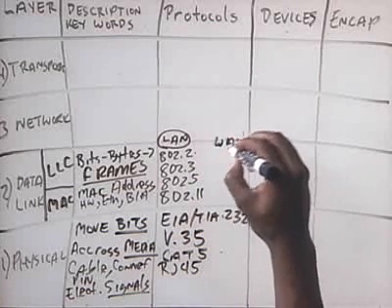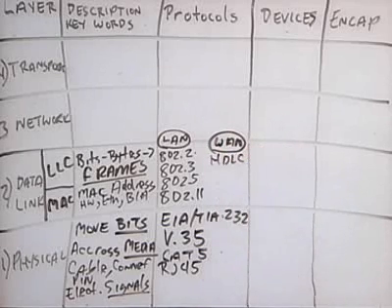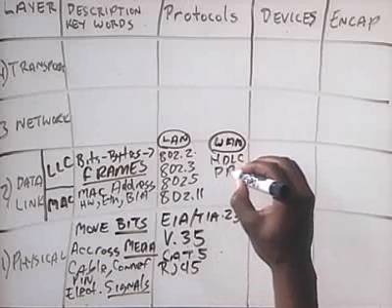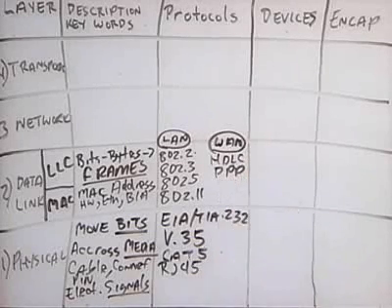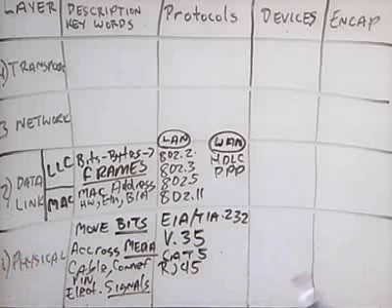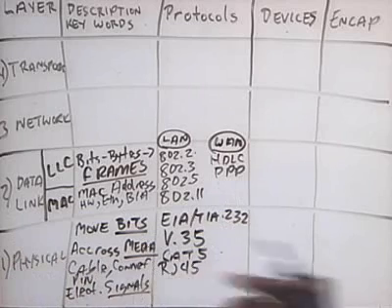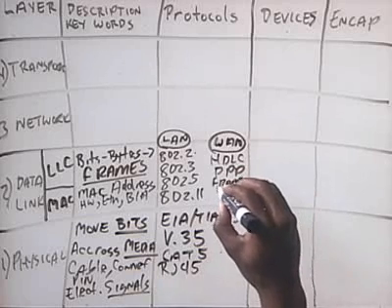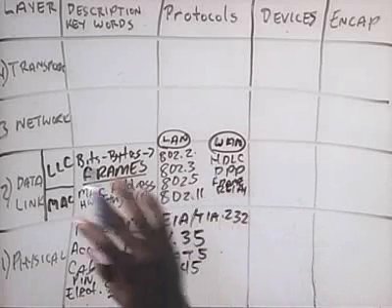Some of your WAN standards or WAN encapsulation types include the default encapsulation type on a serial link, which is HDLC, high-level data link control. Another encapsulation type for your WAN or your serial cable would be PPP, point-to-point protocol. PPP would be used whenever you're needing to go between different vendors across the same serial link, say for instance between a Cisco router and a Nortel router. And then of course another example would be frame relay, and a couple of protocols or a couple of standards that we could mention at layer 2 would be ISDN